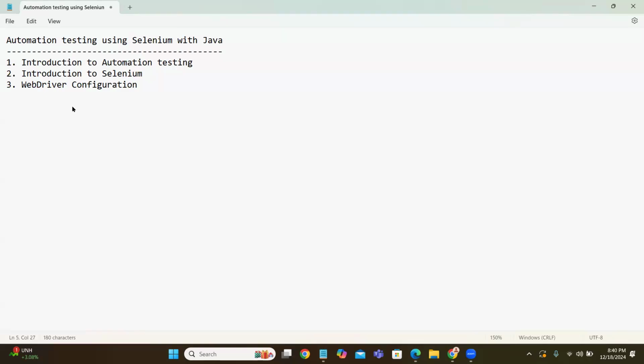Because Selenium is an important thing. It is a complete practical orientation. Without practicing, you can't understand much. For that reason, before starting any single concept, I'm going to explain the WebDriver configuration to you before going to any small program. Okay, after that,